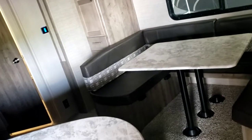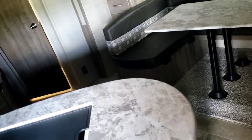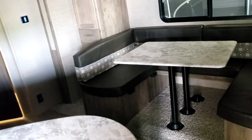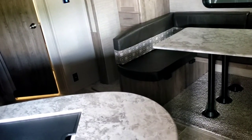Now we have the AC on. I'm going to turn that off so I don't have to shout above it. And then someone rolled my slide out in a little bit. We're going to go back out with it. Alright. It's going to take a little while for that AC to...